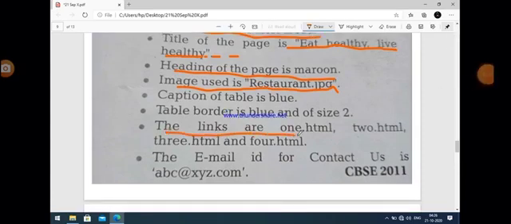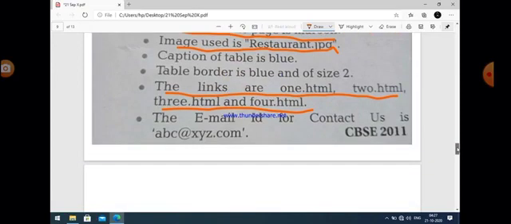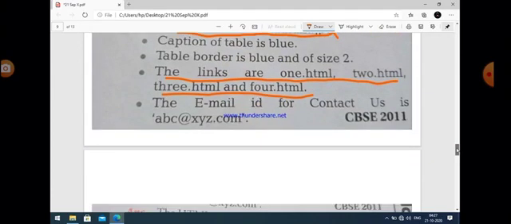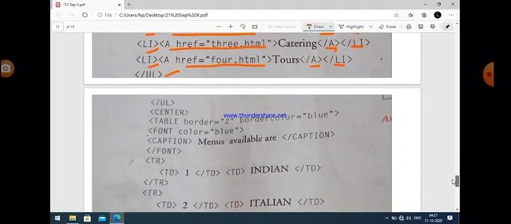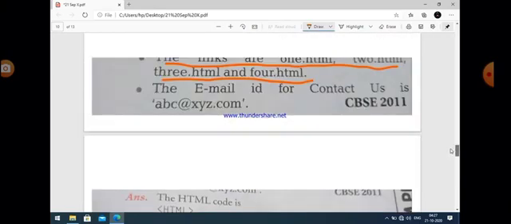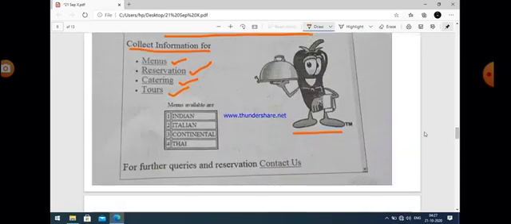Now you can easily see here that the links are 1.html, 2.html, 3.html and 4.html. It is clearly given in the question. Now it's time to implement the table. Okay. So a table is also given in the web page. This is the table,